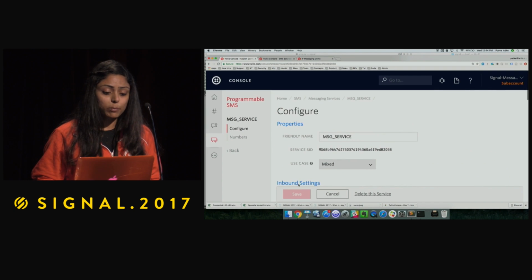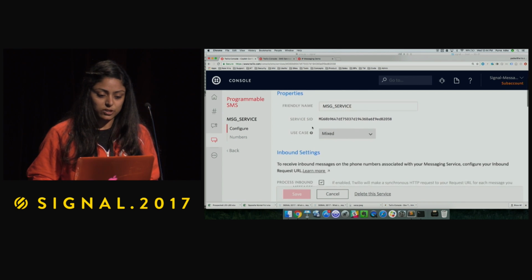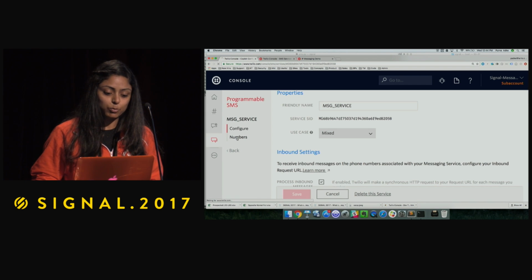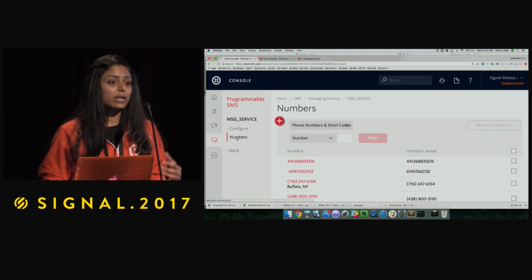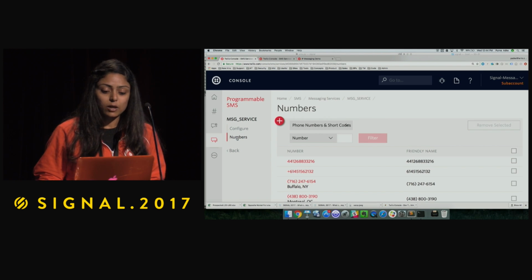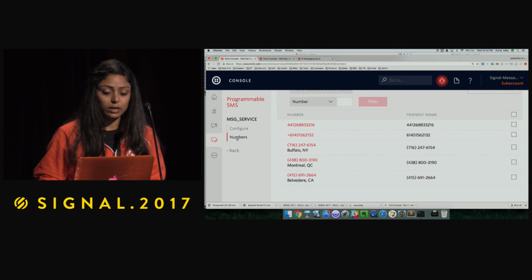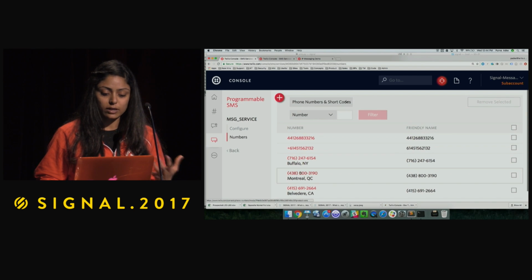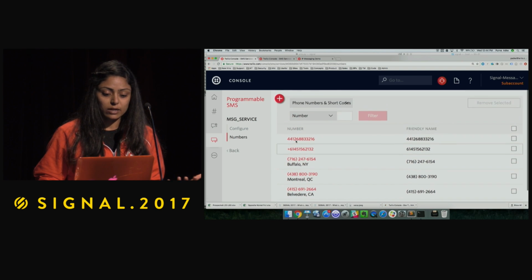So when you configure Copilot, you would configure something called a messaging service in your Twilio console. Here, I've already created a messaging service. And the crux of Copilot lies in the pool of numbers. For those of you who don't know, Copilot allows you to intelligently route messages by using a group of phone numbers, as against just using a single phone number that we saw earlier. So in this case, you can add multiple geographies. Here I've added some numbers from Canada, even UK, and Australia, for example.